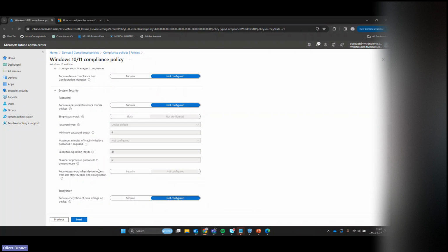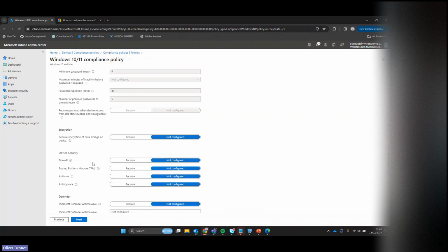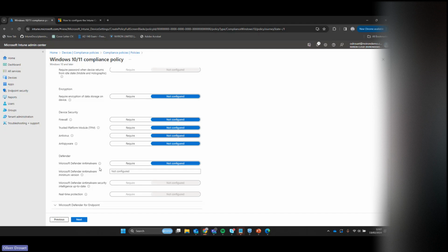Okay. And there should be a setting just a little bit further down here to do with Defender. Okay, so what I'm going to do is I'm going to require Microsoft Defender anti-malware to be active on the machine. This is a great piece of integration. This is a Business Premium